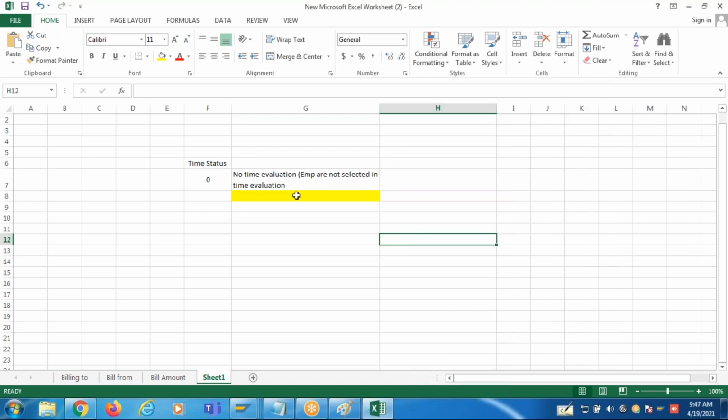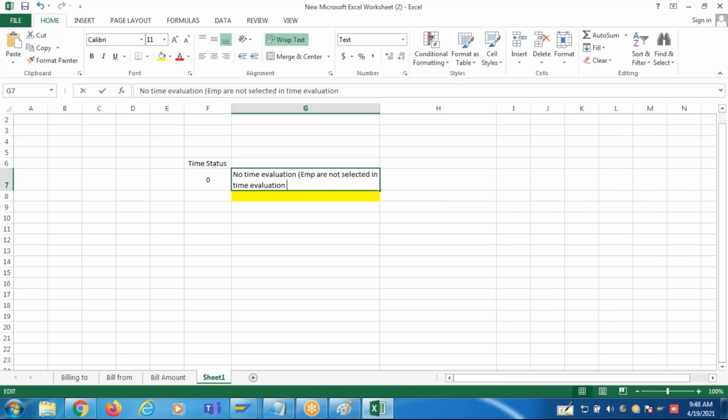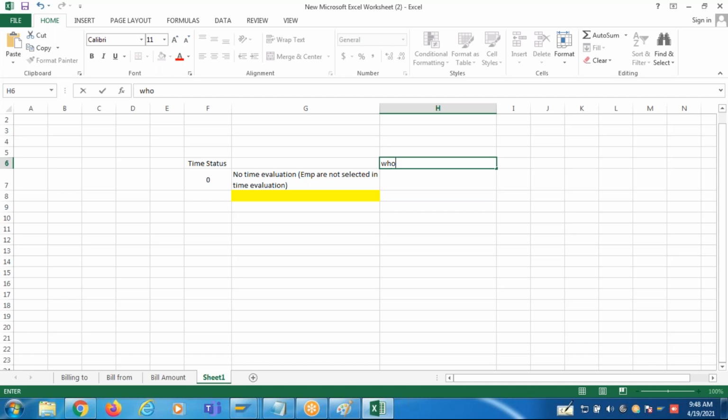Then that means what? No time evaluation, no integration with the payroll. You are not sending any data to the payroll. Who are those employees?